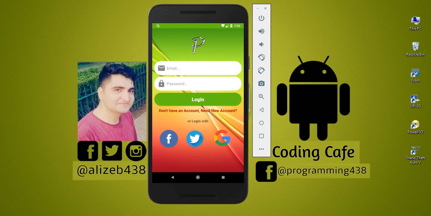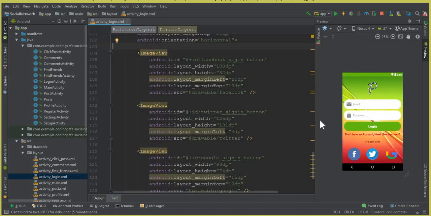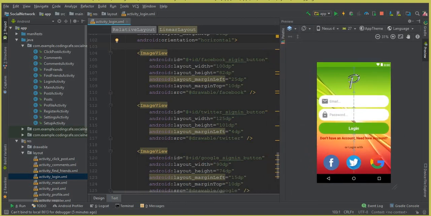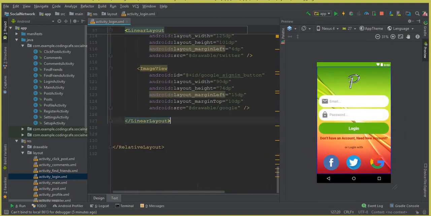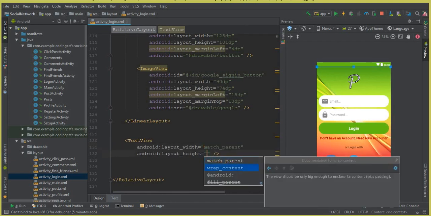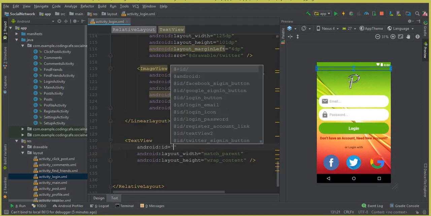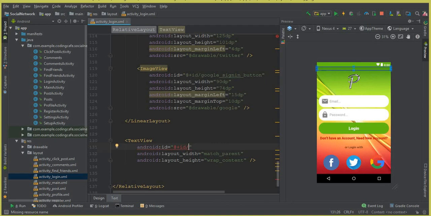Okay, so let's do it. First of all, go to the activity_login.xml file and go to the text view, and what we're going to do is create a link first. Below this we can simply add a text view. The width should be match_parent and the height should be wrap_content, and let's give some ID to this field. The ID for this will be forget_password_link,